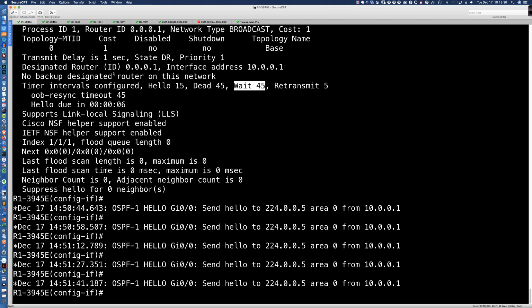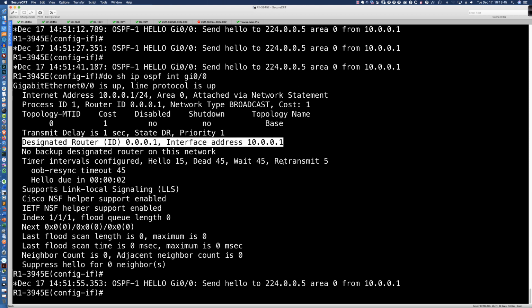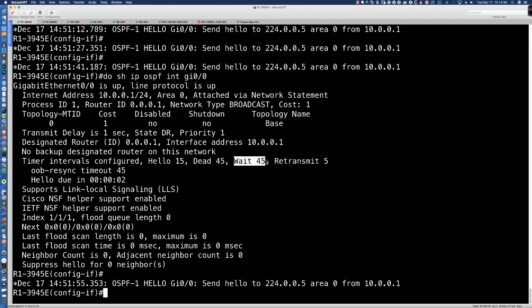Now, you'll notice that the last time we ran the command, it said no designated router on this network. Let's run that command again on this interface. It was up there above, but I want to run it again to get a clear shot here. So take a look at who the DR is. It's router 1 that has been elected as the DR